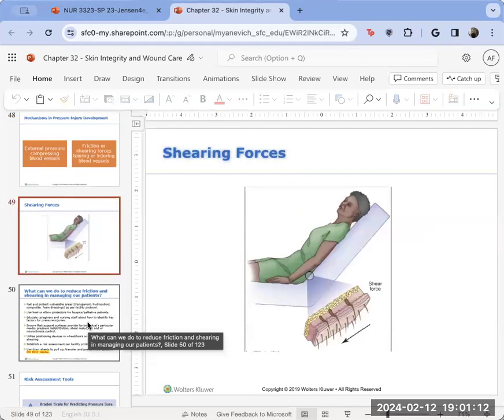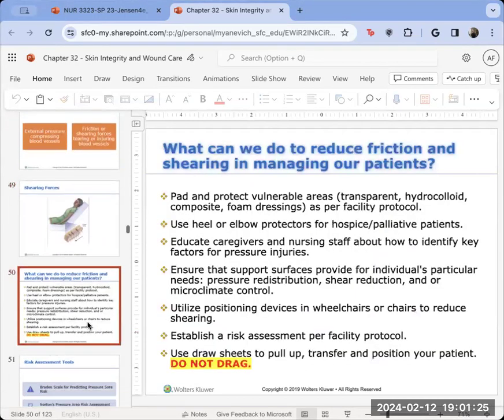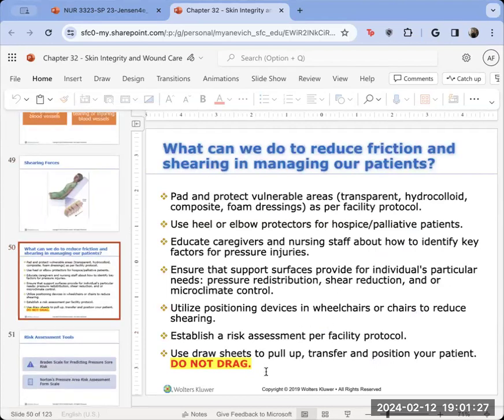Another thing is friction. If we're going to move a patient, we want to lift them with the sheet. We don't want to drag them, because if you're dragging them, right, you can cause a friction rub. So you don't want to do that. See, here it is. You pull up with it, you don't drag. So I'm just telling you things that I've seen on my exams. As well, like I said, we talked about pads, right? Different pillows that you could put underneath if they have